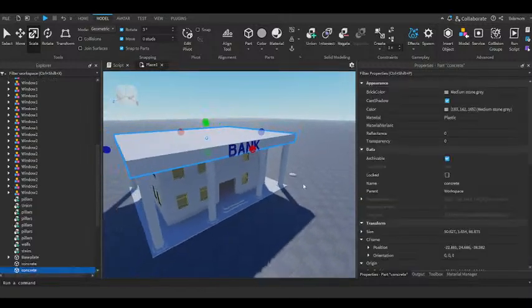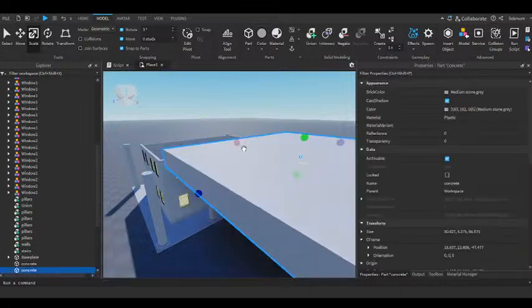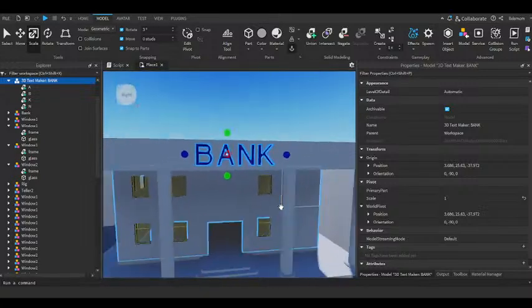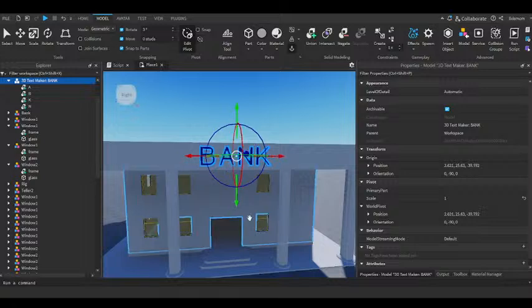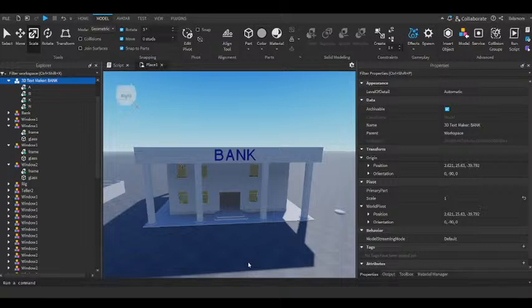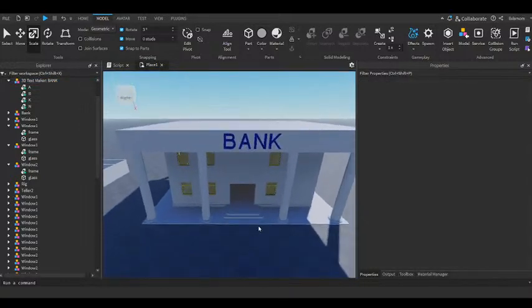We'll see. We can always move it. Oops, I selected the wrong thing. Okay. All right, I wanted a cooler roof, but